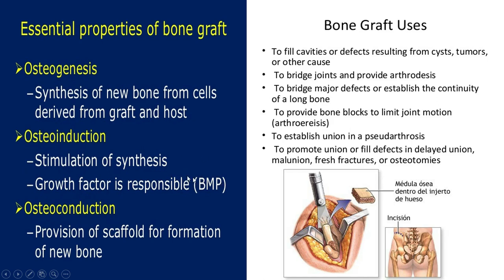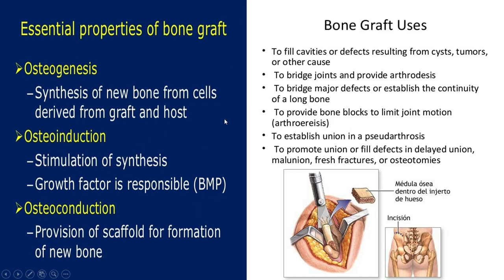Osteoinduction is especially helped by bone morphogenetic protein. And osteoconduction helps as a scaffold for creeping substitution or formation of new bone. Okay, so these three are important features of bone graft which help in regeneration, growth, or healing